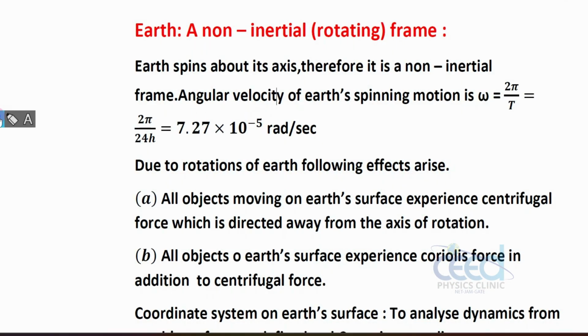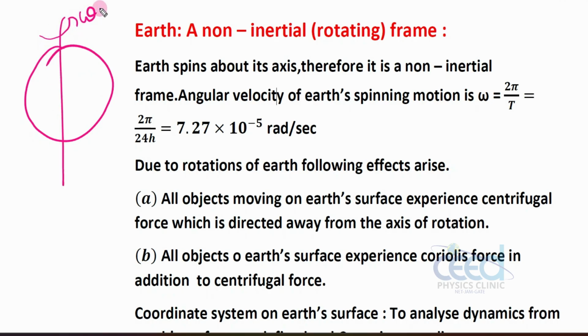Hi friends, good morning. Today we are going to discuss Earth as a non-inertial frame, because Earth is rotating about its axis. So a rotating frame is a non-inertial frame. In a non-inertial frame, we have seen